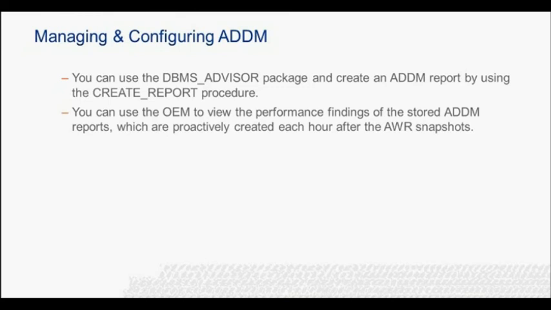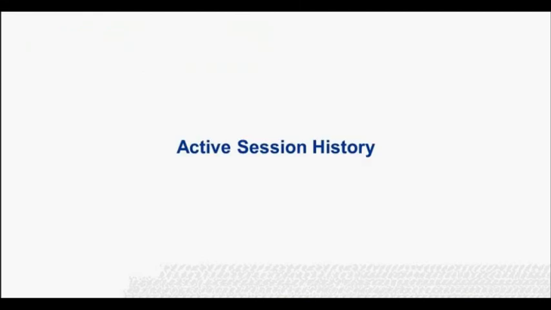The obvious place to start viewing the ADDM report is Enterprise Manager. The performance analysis section on the home page is a list of the top 5 findings from the last ADDM analysis task. Specific reports can be produced by clicking on the Advisor Central link, then the ADDM link. The resulting page allows us to select a start and end snapshot, create an ADDM task, and displays the resulting report by clicking on a few links.